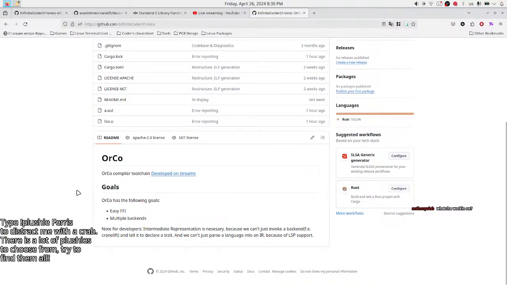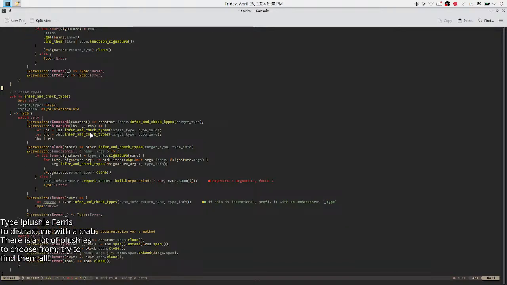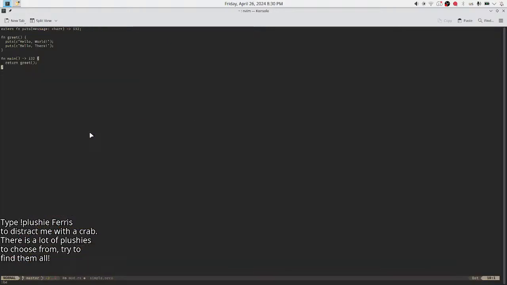Sorry for blinding you, but I'm using light themes sometimes. So it's Orco. It's a compiler, basically. Right now having VM IR, intermediate representation, in text form. I'm just used to this.